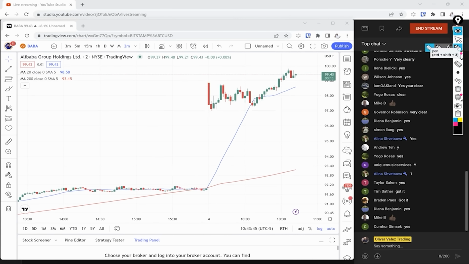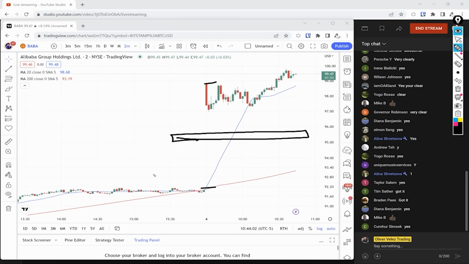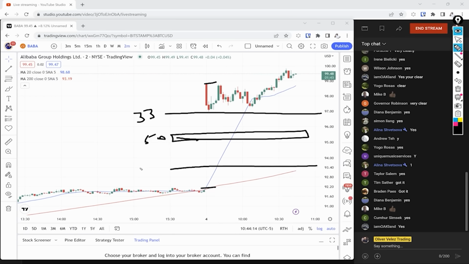Remember when I told you, when you have something wide in space, you need to know two numbers, really three numbers, but two numbers in particular. You need to know the halfway mark. So from the gap, where's halfway? More or less there. It's a zone. And you also need to know about the 33% mark. It's good to know kind of like the 2/3 mark too. And so a lot of times you get reactions.